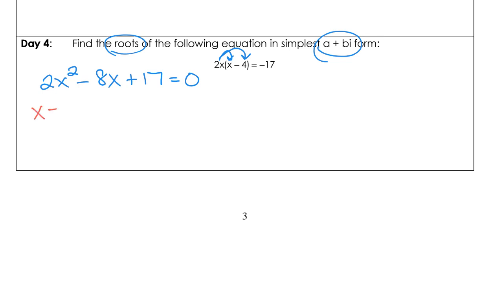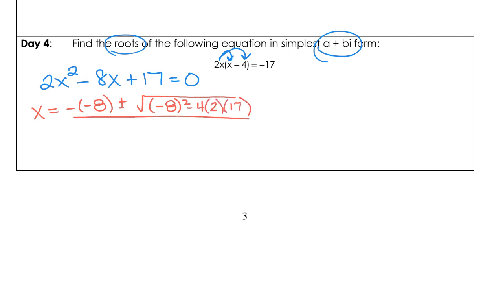So we're going to say x equals negative b plus or minus the square root of b squared minus 4 times a times c all over 2a. And we're going to go ahead and clean it up. So we'll have x equals positive 8 plus or minus square root. I'm going to type all of this right into my calculator. Make sure you got parentheses around that negative 8 squared, okay, with the squared on the outside. And when you type it all in, it should give you negative 72, all divided by 2 times 2,